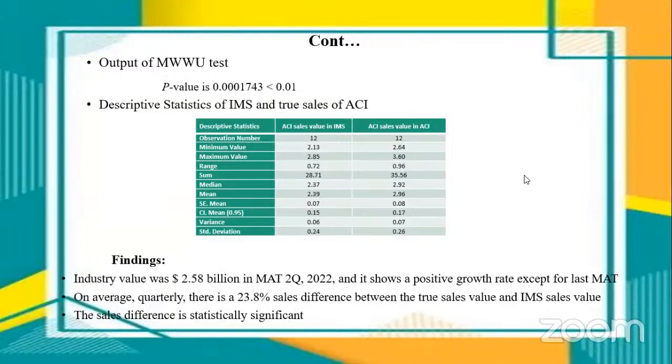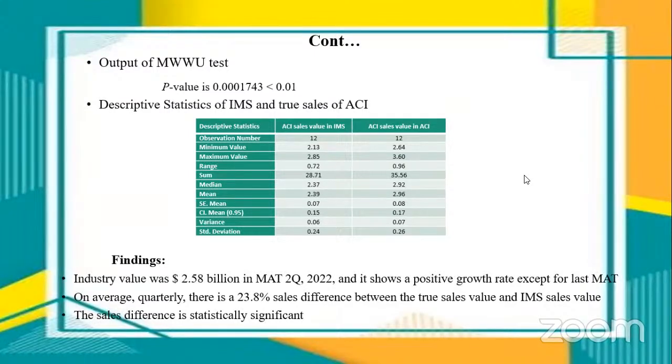So IMS provides the data, and this study shows the industrial value from the IMS. But this type of study can help the international community, and the findings of the